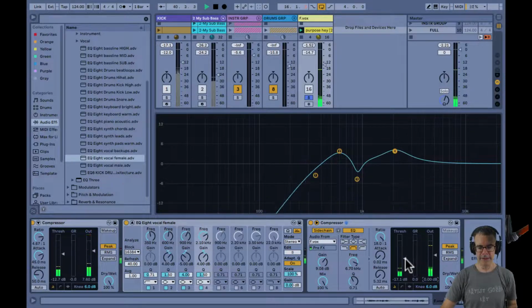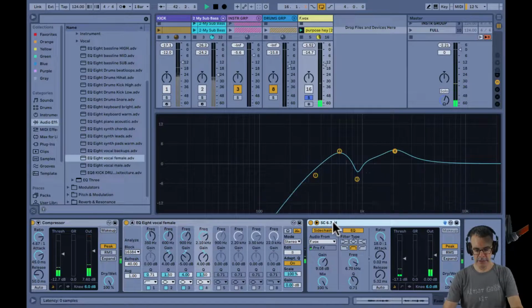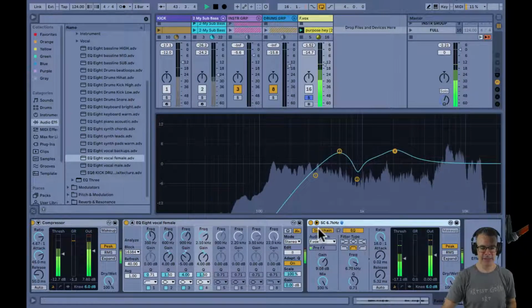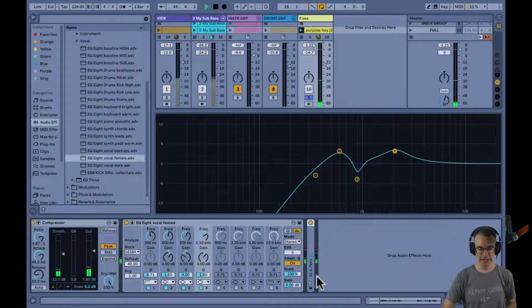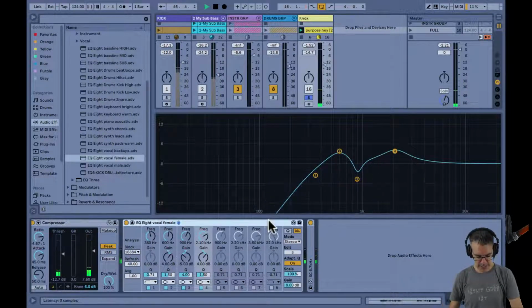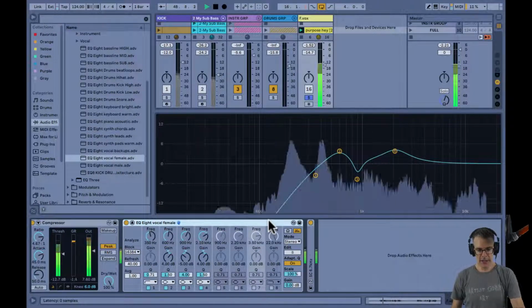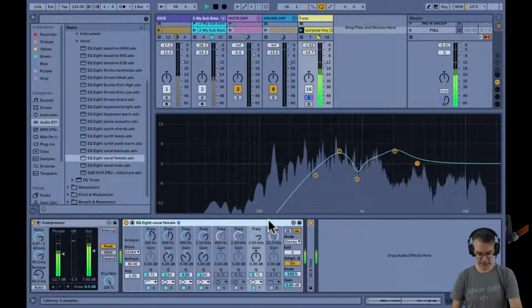And now you can see the sidechain compressor is hitting at 6.7K. I like to label my sidechain compressors so I know that this compressor is a sidechain at 6.7. And for the EQ8, what I could do is go to, let's say, pick band 7, turn this on,